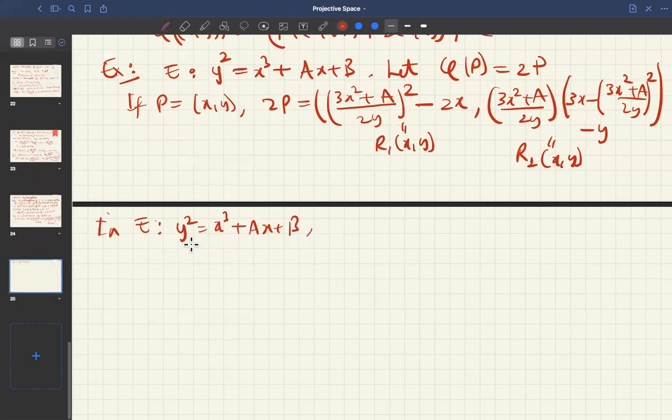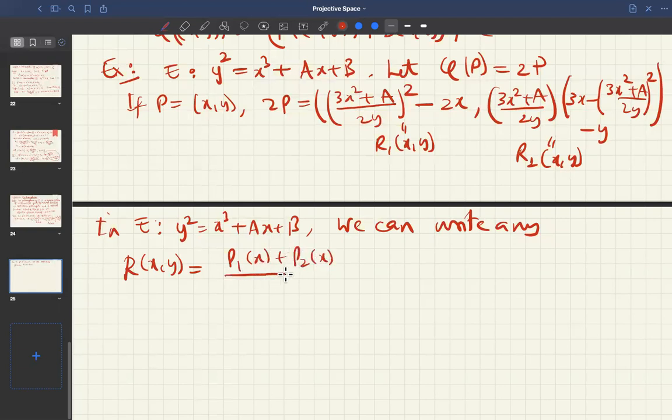If you have any even power of y, so y square, you can replace it by some function of x. Anything you can write as some function of x times y. So we can write any rational function R of x, y as p1(x) plus y p2(x)